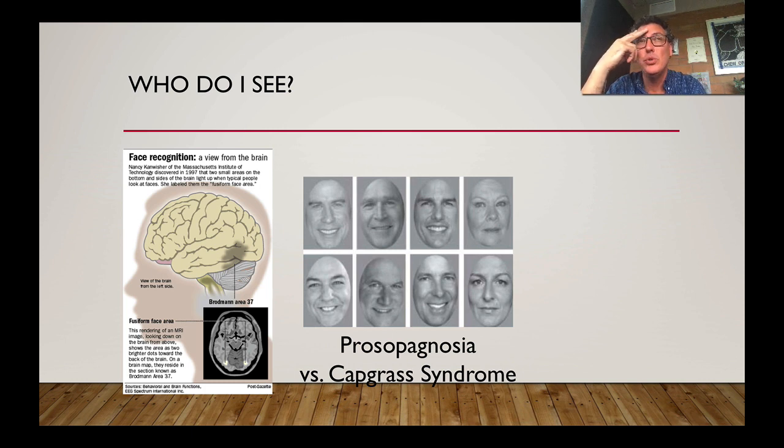These people can do things like the following. They'll go to a doctor and say, listen, there's this guy I'm living with, and the doctor will say, well, you mean your husband? And she'd say, well, you know what? He looks like my husband. He sounds like my husband. He acts like my husband, but he's not really my husband. And the doctor says, well, what do you mean? If he looks like him, sounds like him, acts like him? And they'll say, because there's something not right. He's not familiar. So they're saying, I recognize all these features, and I know who that's supposed to be, but